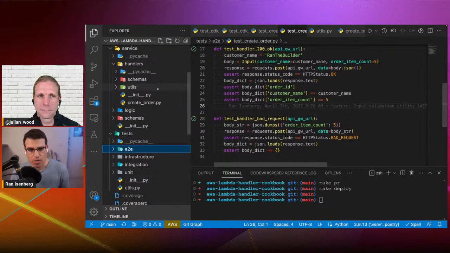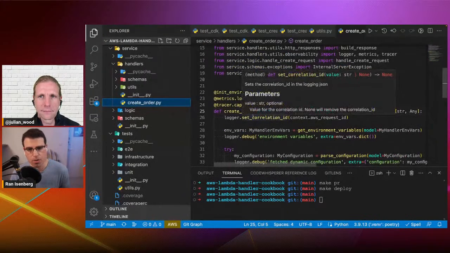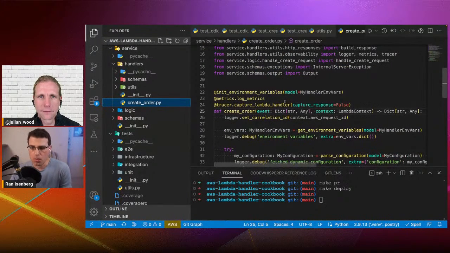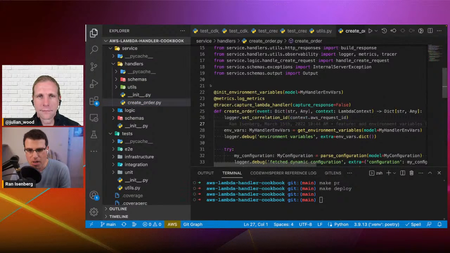Can I show the handler itself? With pleasure, yeah. Awesome. Okay, so this is the create order handler. So lots of power tools here. Okay, really lots of power tools. So we have